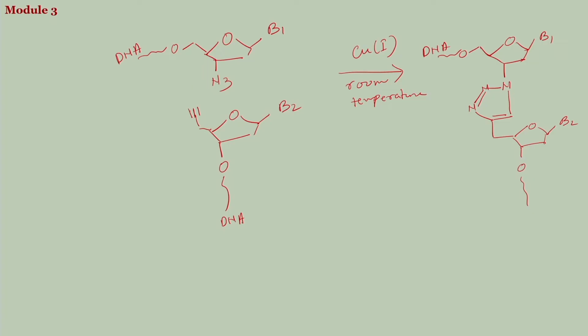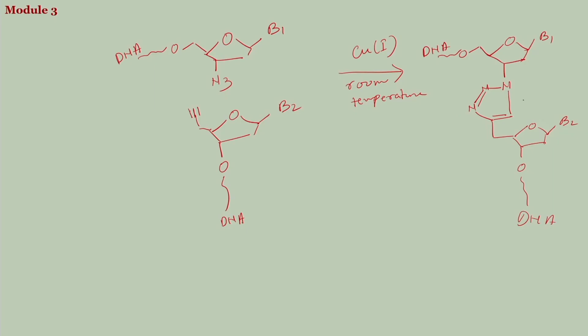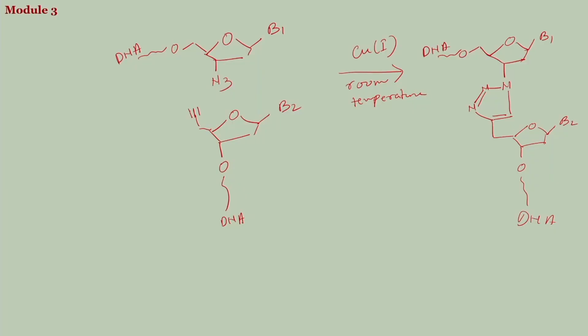Now if you look, the difference between the normal DNA and this molecule is that this is also a DNA, the only difference is the backbone skeleton. Normal DNA has a phosphate group, here you have a triazole moiety without a phosphate. This kind of chemistry in biological terms is known as chemical ligation,